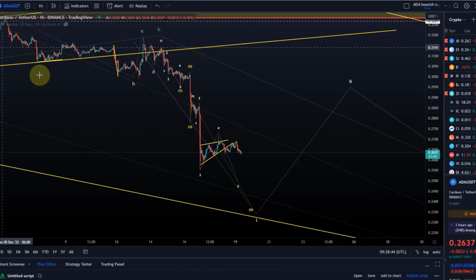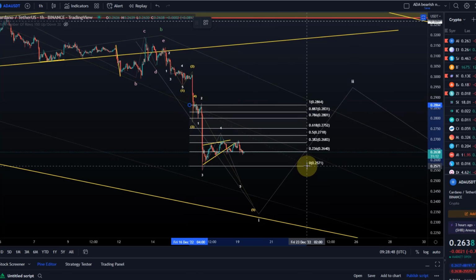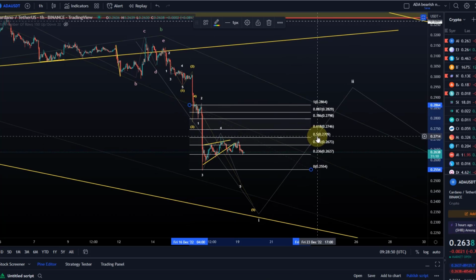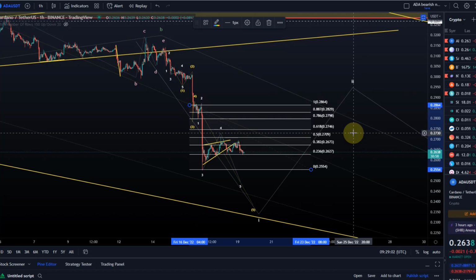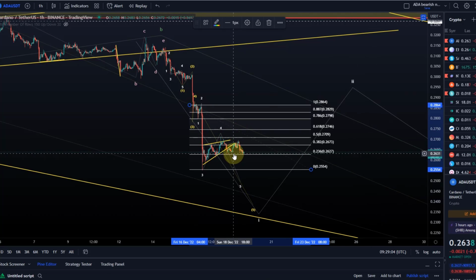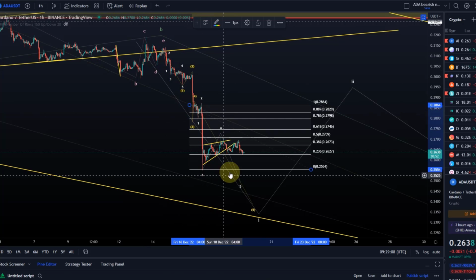Ideally, if we want to continue with the lower level wave count as it is, this wave 4 should have peaked because it reached a 50% Fib level at around 27 cents. Any move higher than that would indicate the wave count is probably wrong here in the very short term at least. The overall wave count could be correct, but it's just a question of how we get there. And there could be a change in the subdivisions here. But at the moment, my view is this could really be a wave 4.